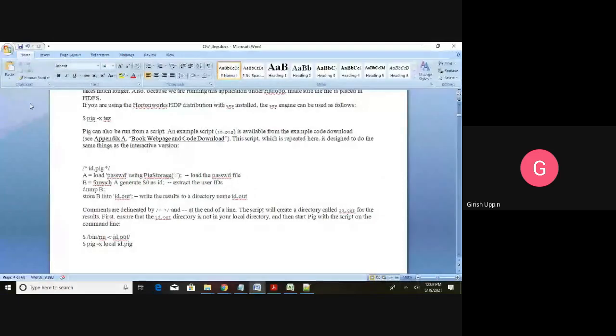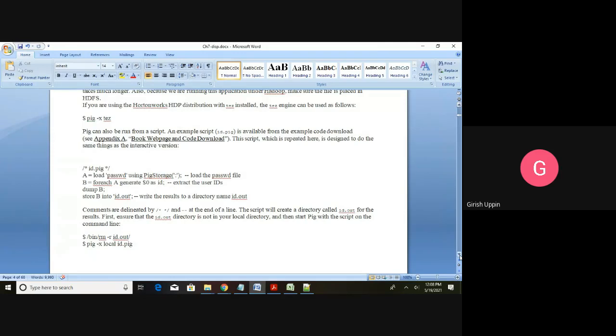it can be run in different modes. It can be run as local. It can be run on the cluster as well. So normally, when development is being done, the script will be run as local with a very small set of data.